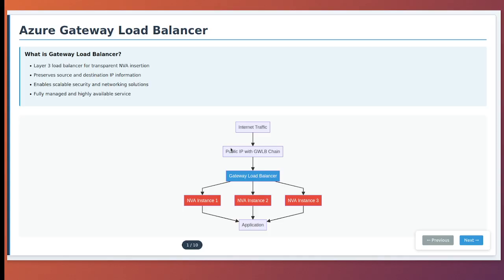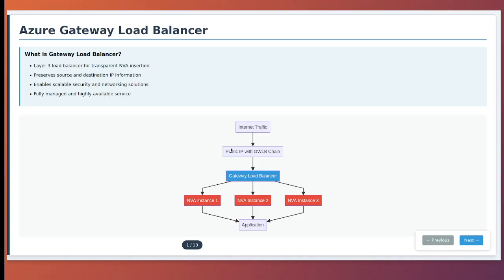Gateway Load Balancer is a fully managed, highly available service that operates at Layer 3 of the OSI model. It is designed to enable transparent insertion of network virtual appliances, or NVAs, into your network traffic path. What makes it special is that it maintains the original source and destination IP addresses while distributing traffic across multiple